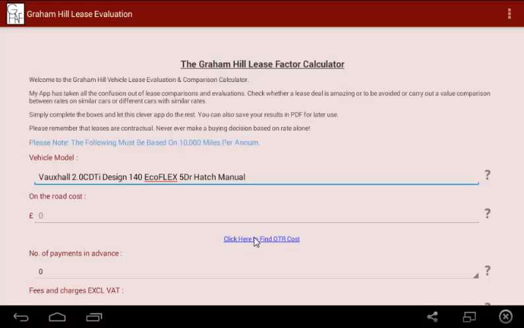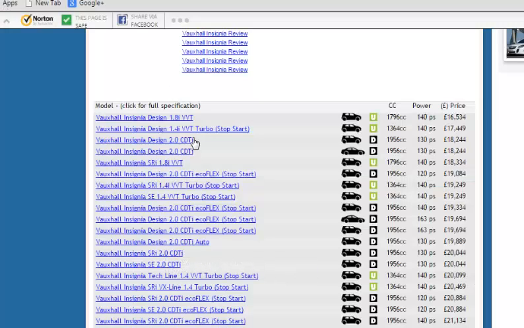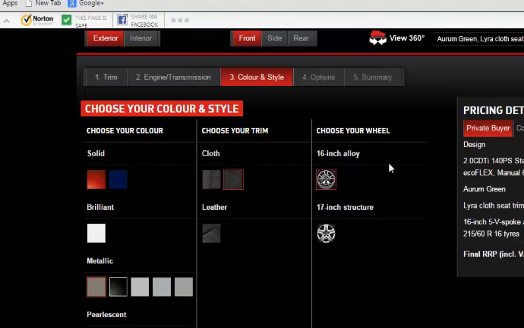It works perfectly well when you use it, but on here, whilst I'm recording the screen, it does cause a bit of confusion. What it does is take you off to car pages, which shows the cost of all your cars. Now, let me first of all take you to the Insignia, the Vauxhall website,